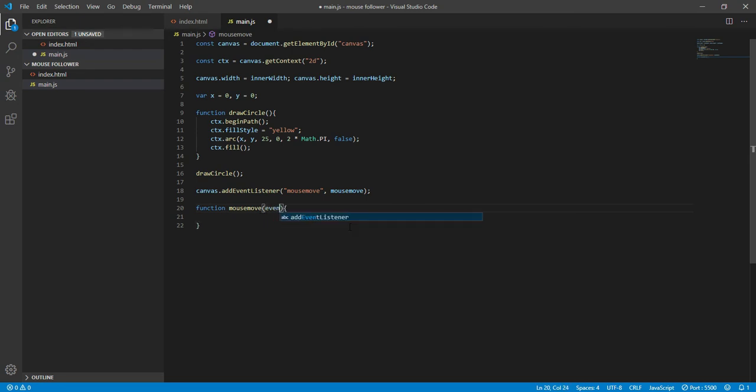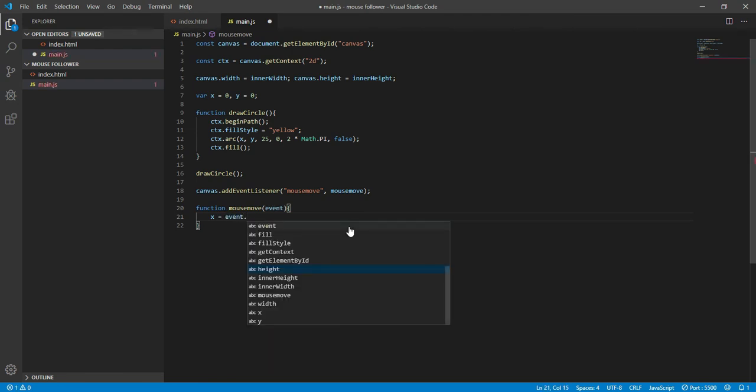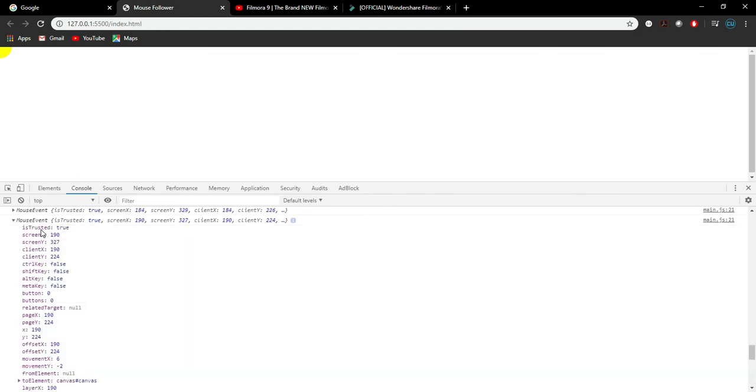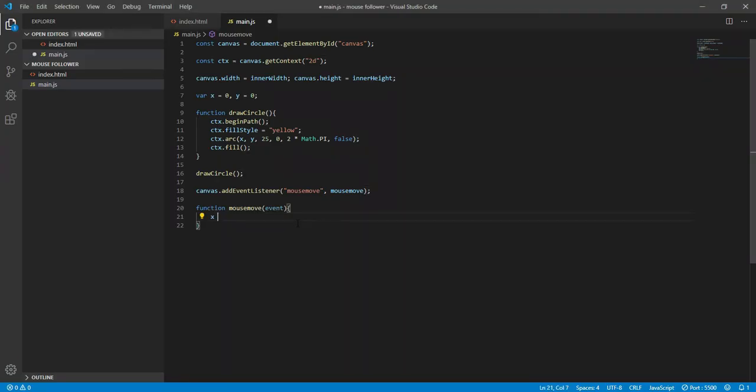and that function accepts event as a parameter. Now, before we say x equals the event, when we console log our event, it will have different values. When we look at one of those, we have many parameters available inside that single event. The ones that we are going to focus on are pageX and pageY, which indicate the position of our mouse on the screen. So we are going to say x equals event.pageX and y equals event.pageY,